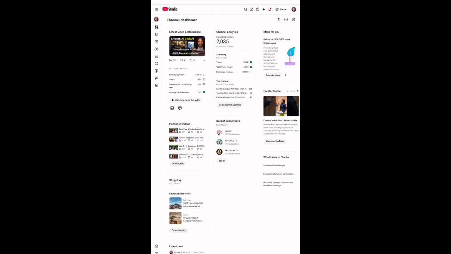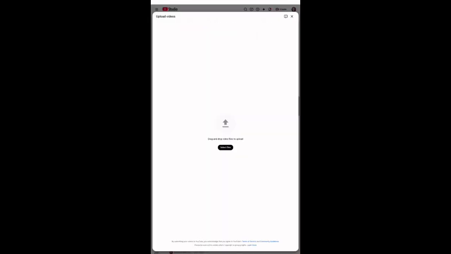So when you get here, you see this arrow going up. This is the upload button. This create button, you can click on it if you're using a PC. This is where you go live, create posts, create new playlists, do podcasts, even a new course, and you can upload videos here. Because we're uploading video, you can still click on this arrow and it will take you straight to upload video. You just click on either the arrow or select file, whichever one you prefer.